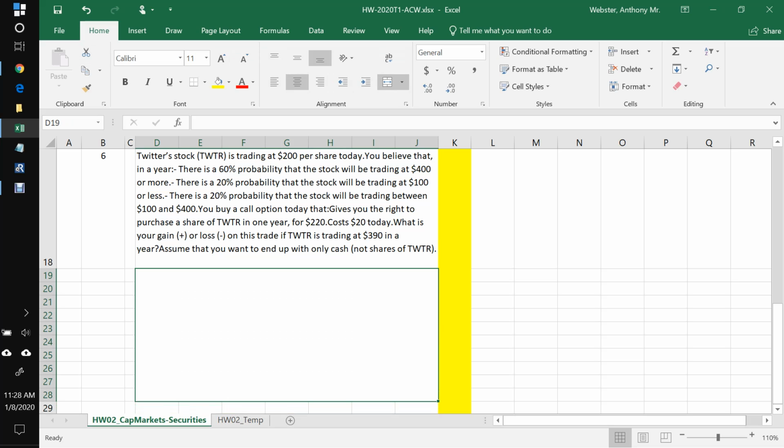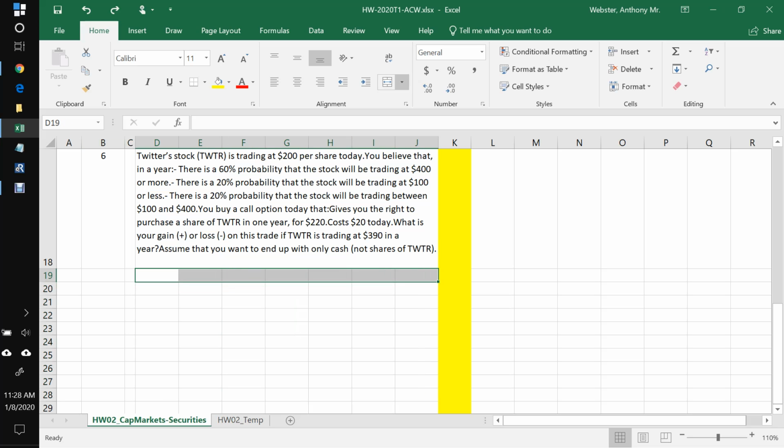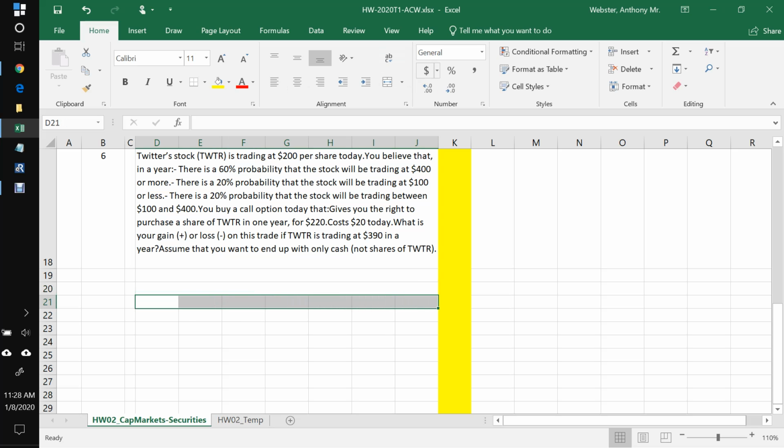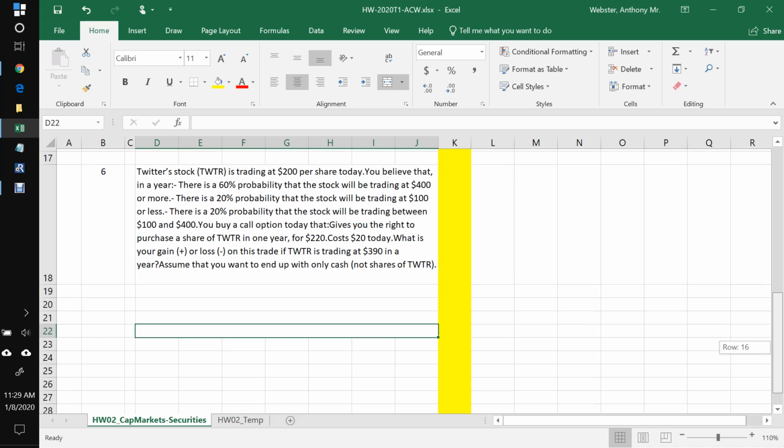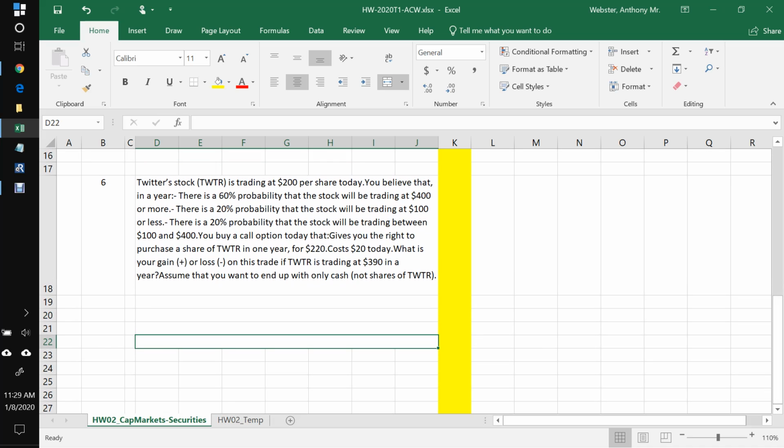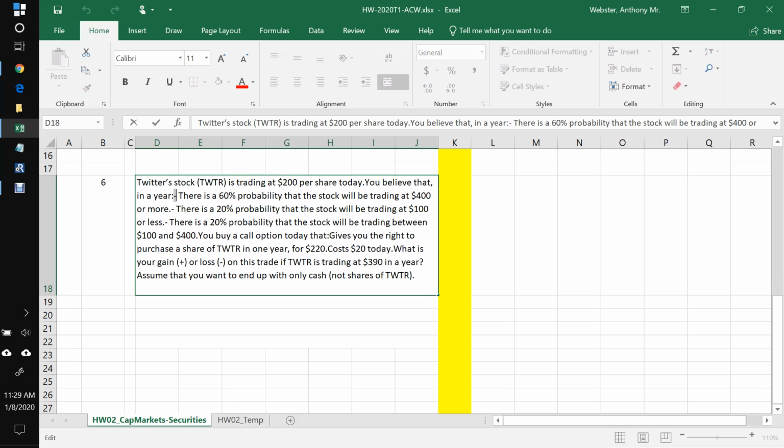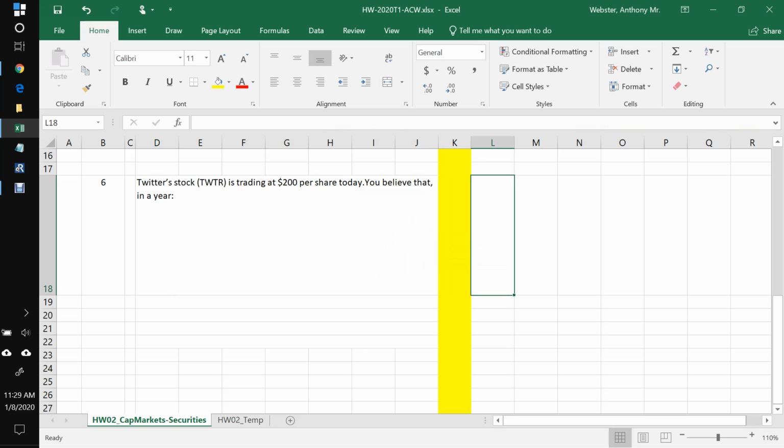Oh, don't want to do that. And we'll just merge these, merge these, merge these. You get the idea. Merge these. And so now I'm going to have something that looks like this. So I would paste only that much in,